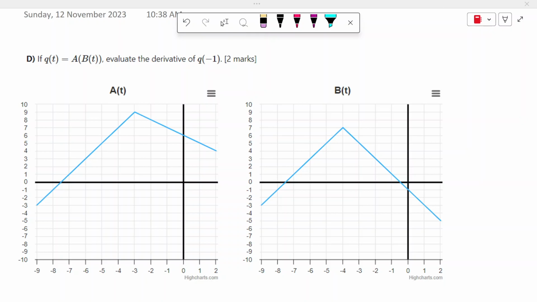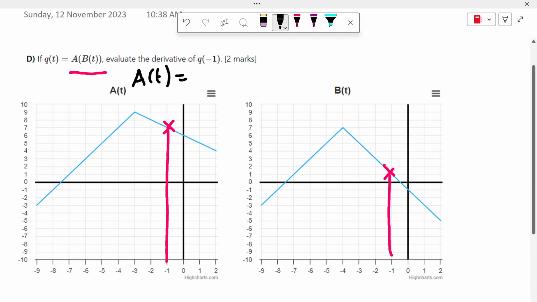This particular question is asking us to find the chain rule. So we can see this funky function Q is A on the outside at -1 and B on the inside at -1. Normally our function on the outside would be this slope, and it's a bit weird because we don't have an equation for it. So I'll write us an equation to say that A of t at this point is